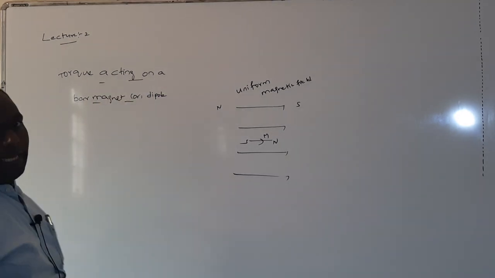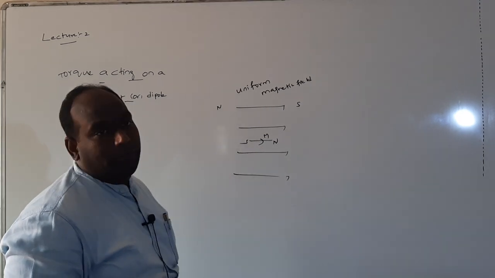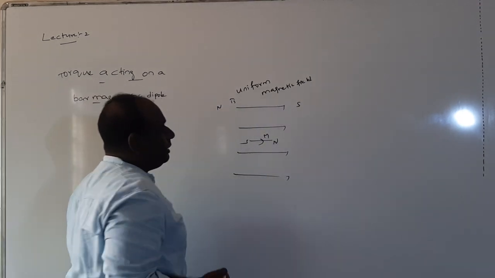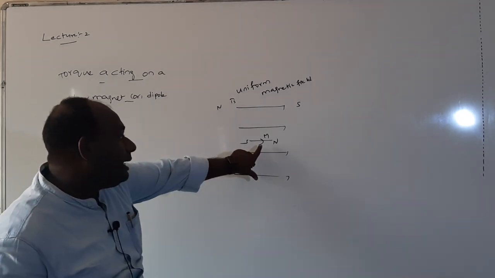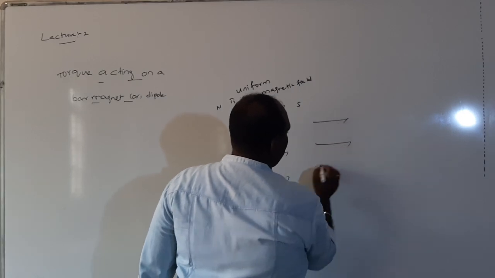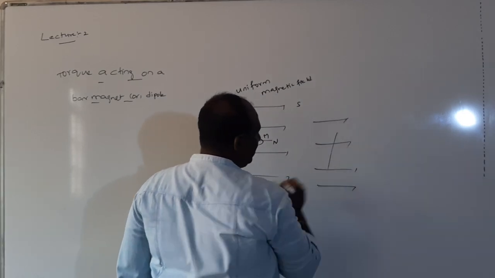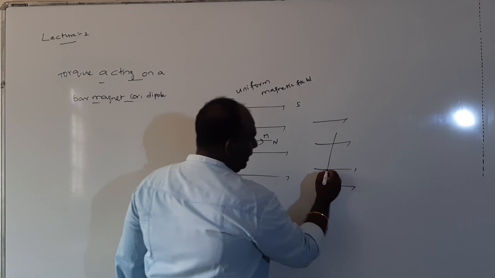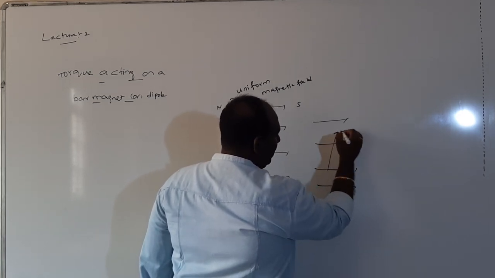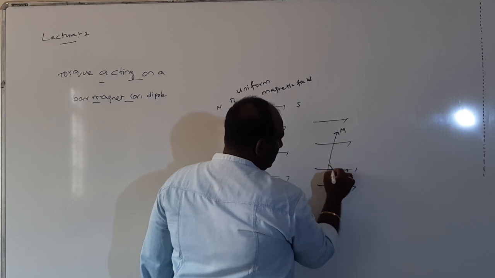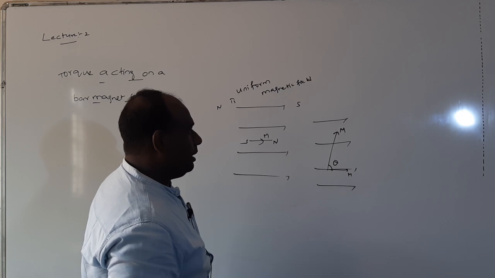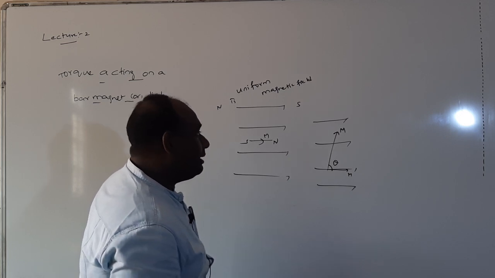Now I am considering a dipole. It is in equilibrium in a uniform magnetic field. The magnetic field strength is B. Now what I am doing? I am rotating this needle through an angle theta. Initially, in the initial position, the magnetic moment is in this direction. Now this magnetic needle is rotated through an angle theta. If I rotate this needle through an angle theta, then what will happen?